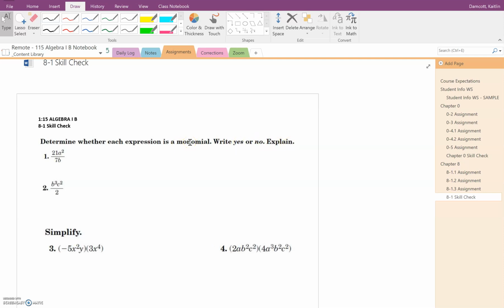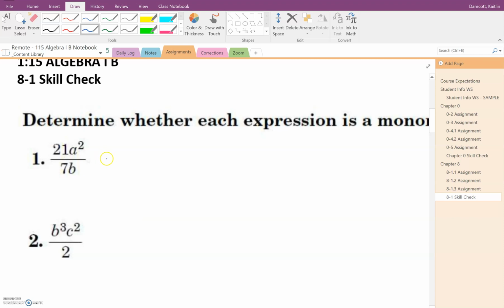So just as a reminder, a monomial is going to be a number, a variable, or a product of numbers and variables. So product was the key word. When we look at this first example, we have 21a squared over 7b. Now, when we see something in a fraction form like this, this is considered to be a quotient. We're not allowed to have a variable in the denominator. So this one, we are going to say no. And the reason being is it is a quotient,